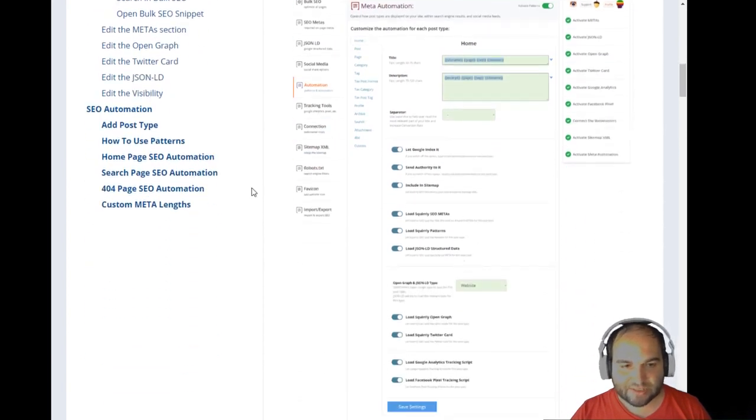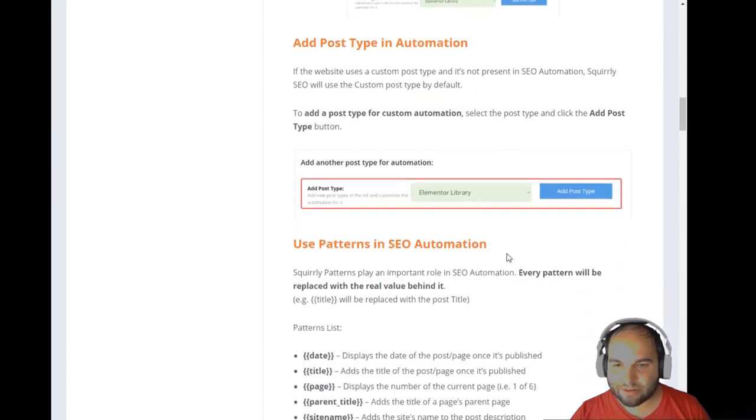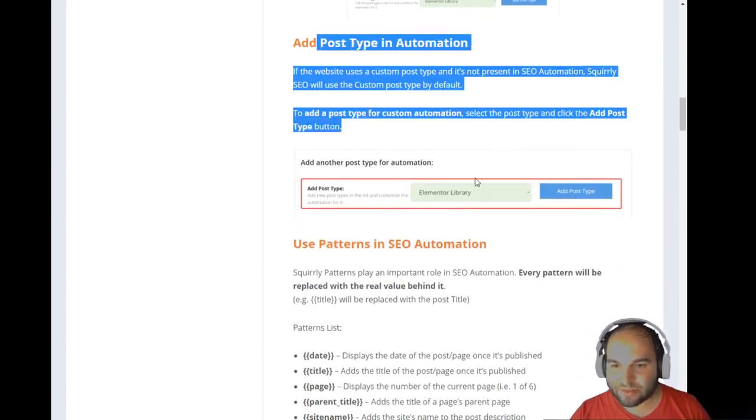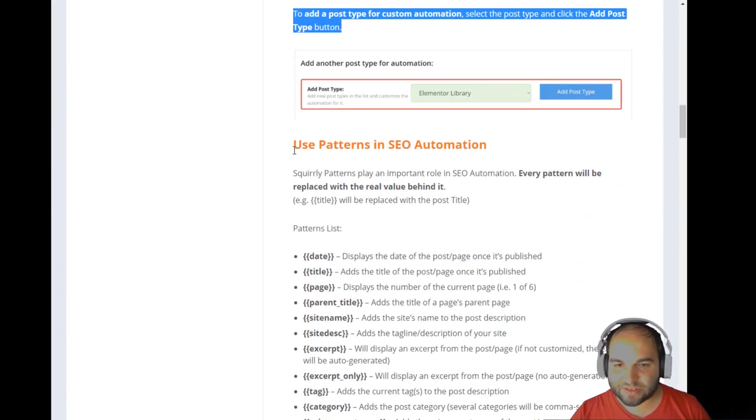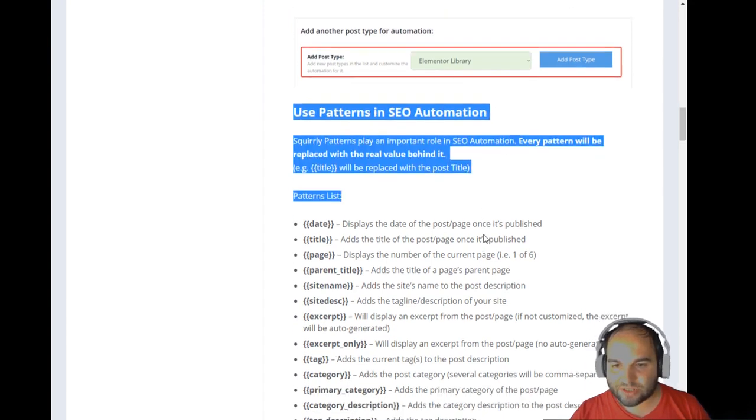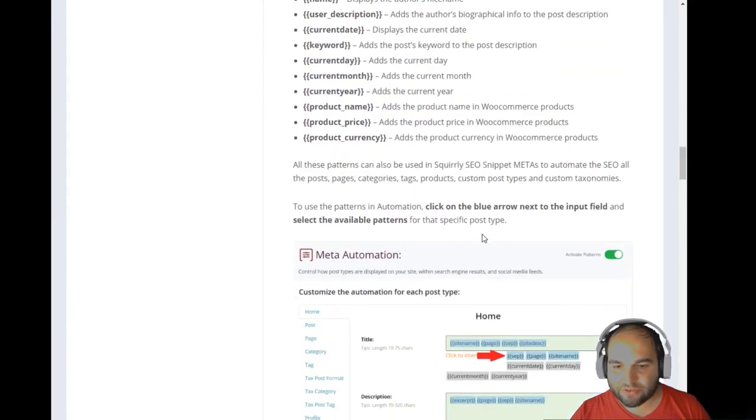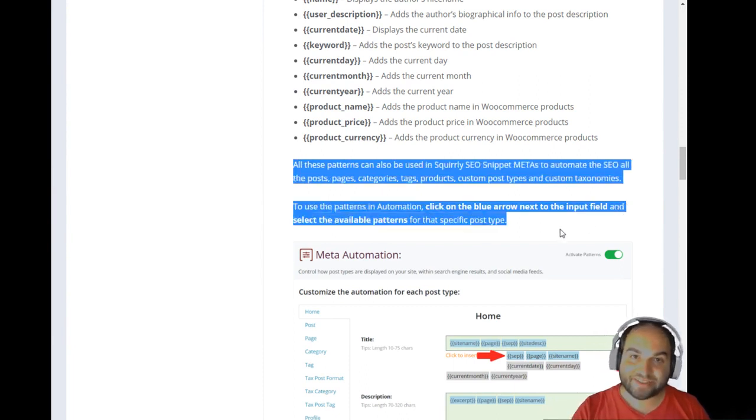And then you can see a lot of cool things like SEO automation, and you can see add post type, which I've done right here in the video, how to use patterns, page SEO optimization, automation, search page SEO automation for custom meta lens. So this is how you add a post type. You've already seen me doing this in the video, and this is how you can use patterns, and you can learn everything about patterns so that you can compose the best kinds of titles and descriptions, so that the SEO